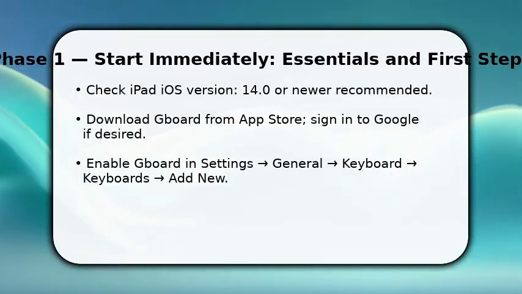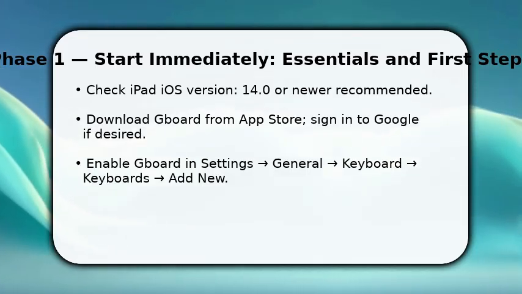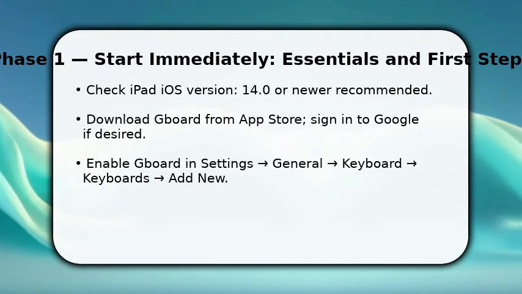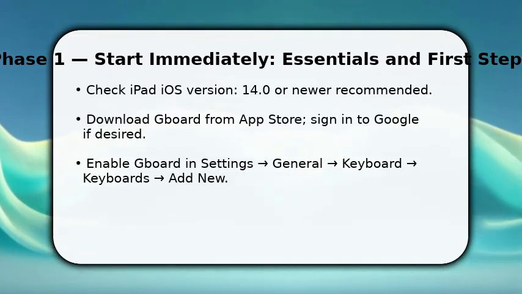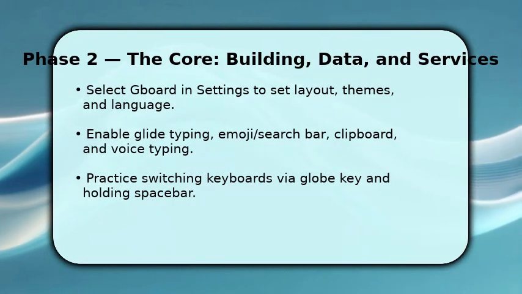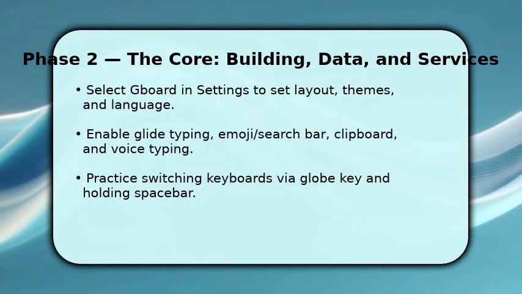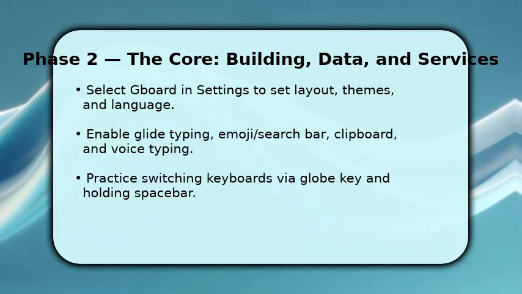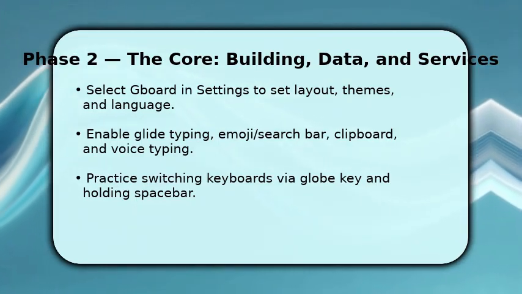Otherwise, use basic typing. This first step gets the keyboard active so you can switch to it in any app. Do that now to move on to layout and customization. Now you customize Gboard so it works the way you type. Open Gboard app or keyboard settings to choose themes, add languages, and enable glide typing, voice input, and the emoji/search